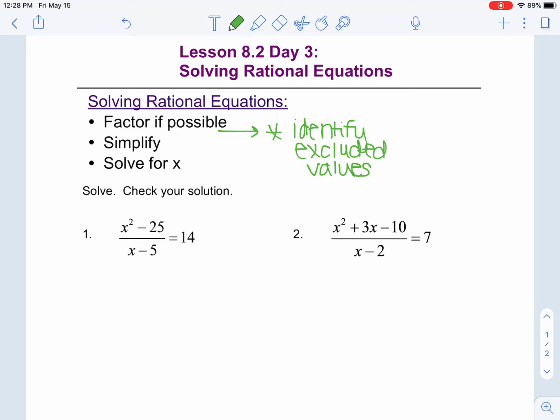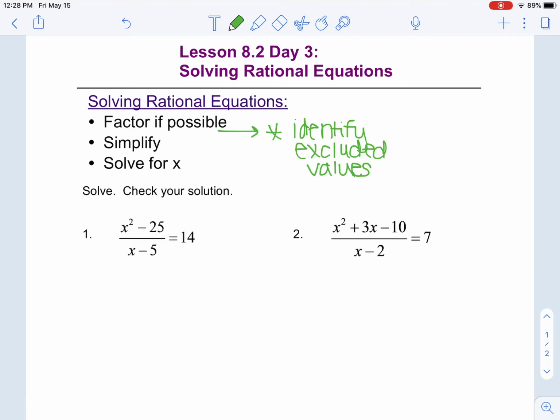Today we're going to go over Lesson 8.2 Day 3 on solving rational equations. When we're solving rational equations, we're going to factor if possible, and unless it says assume that all expressions are defined, we do need to identify our excluded values. That's where we set the bottom equal to 0 to figure out what values x cannot equal. Then we will simplify and solve for x. And we are going to check our solution when we are done by just substituting our answer back into the